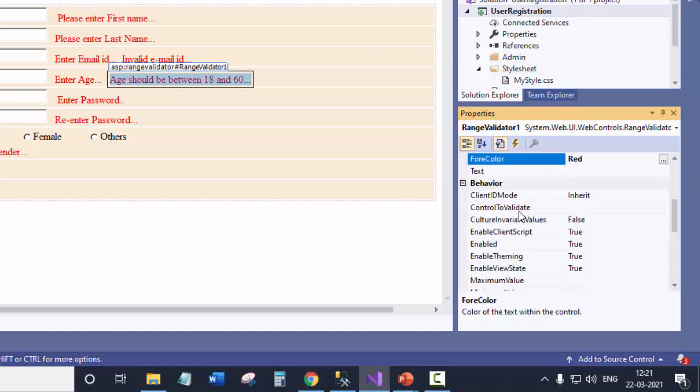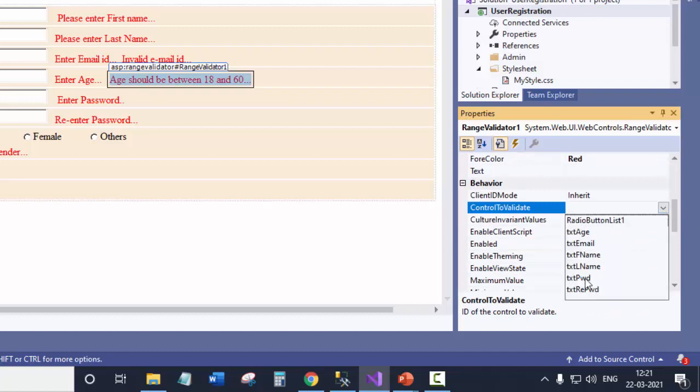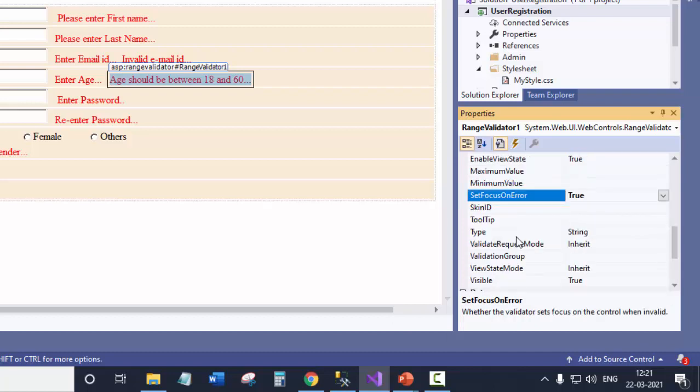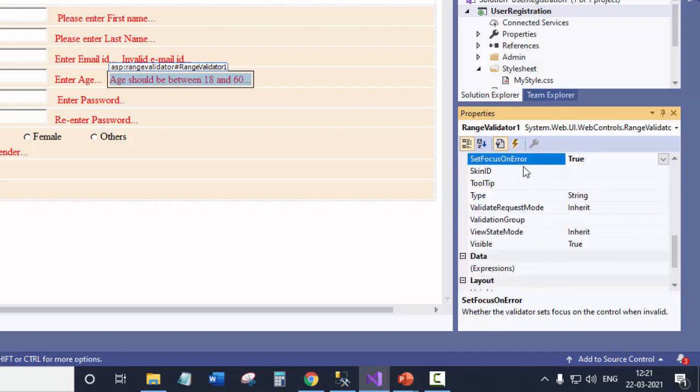The control to validate is the age field, and set focus on error will place the cursor back into the field, that is this text box.